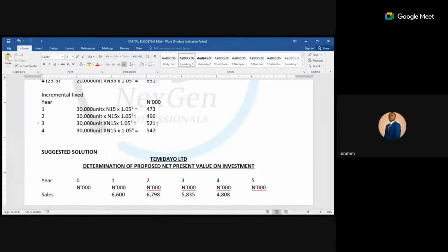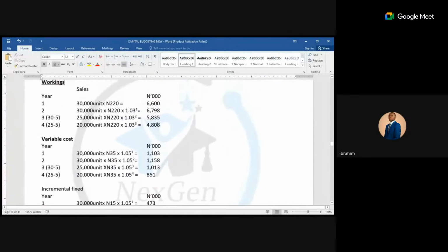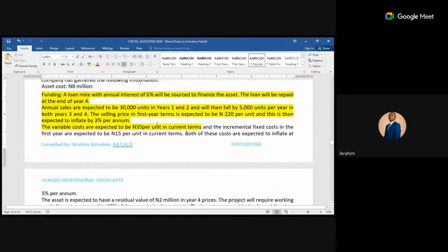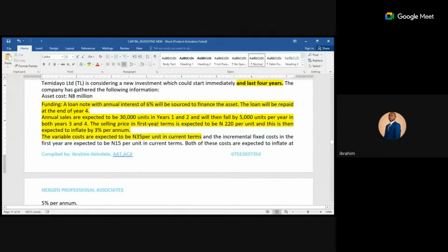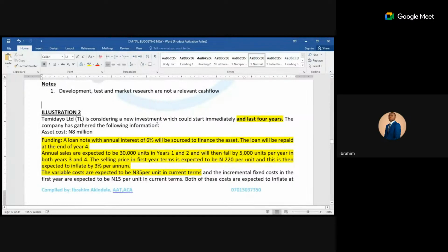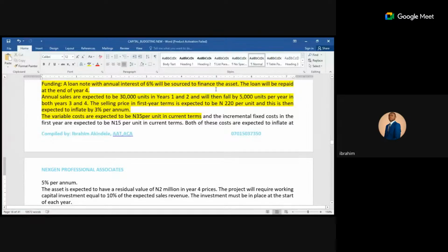Class, I just want us to please understand this. Once you understand it, you can see the question, and at least you can solve a similar question like that. Always pay attention to this part of the incremental. Of course, if I see it, because you call it incremental fixed cost, you're like, oh, incremental fixed cost, it will vary now.